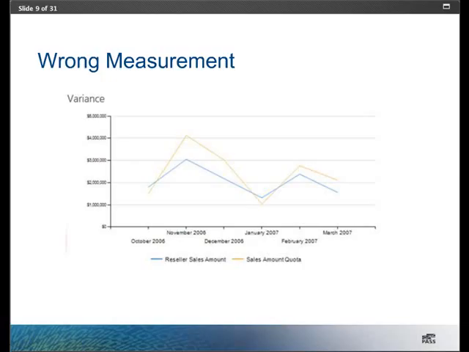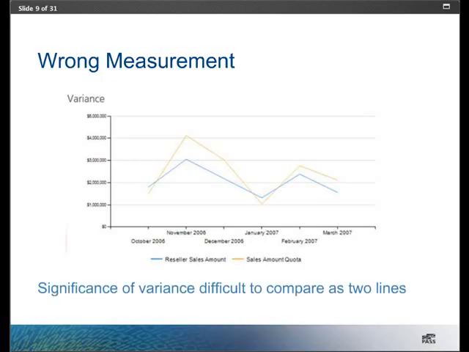But we cannot get a sense of how significant the variance is by just looking at the gap between these two lines. A better way, if the goal is to say what's the degree of above or below, number one, we should be using percentages instead of raw numeric values, and we might choose a different type of chart to focus on the degree of variance. Is it above or below, and even use colors to indicate that. And I'll show you an example of that later. So variance is something where we're not measuring the right thing, or not showing the right metric in our chart.